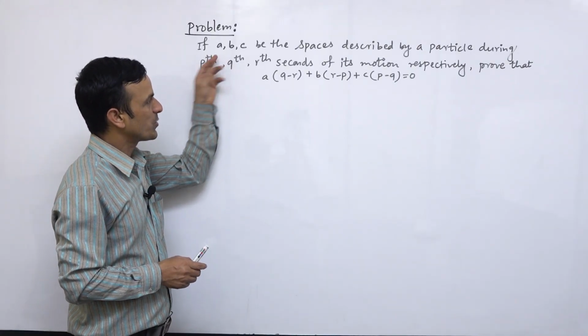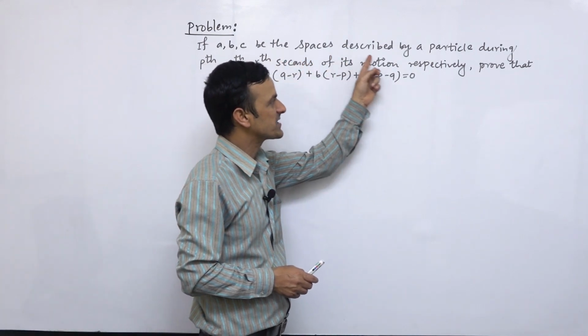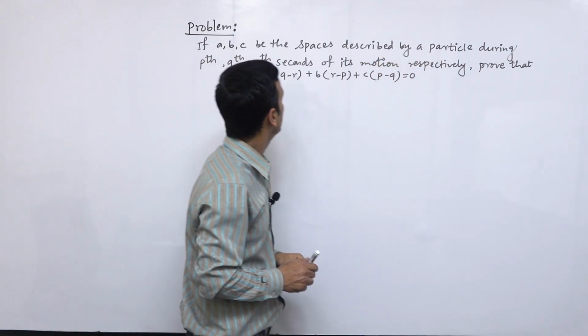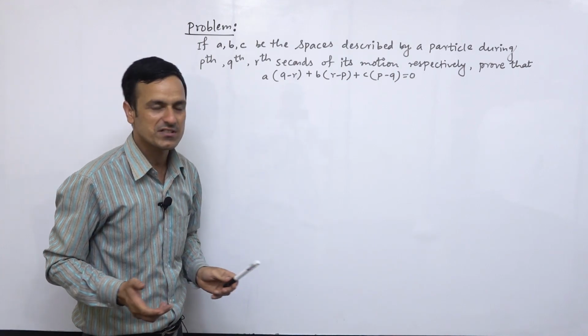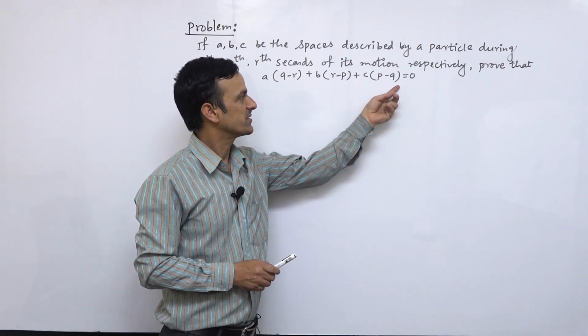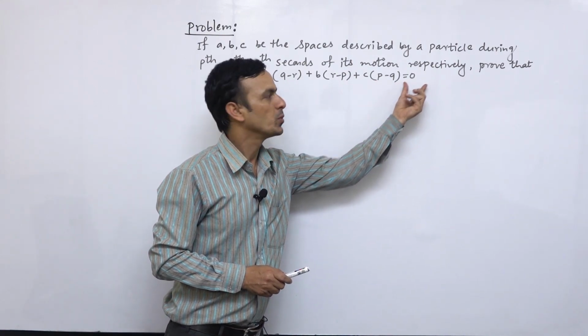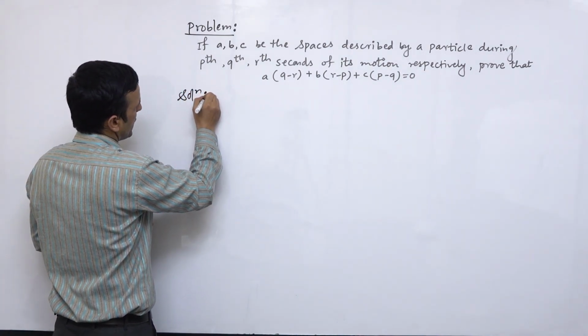Okay, we have another question. If A, B, C are the spaces described by a particle during the pth, qth and rth second of its motion respectively, we have to prove that this result is equal to 0. So for this we can